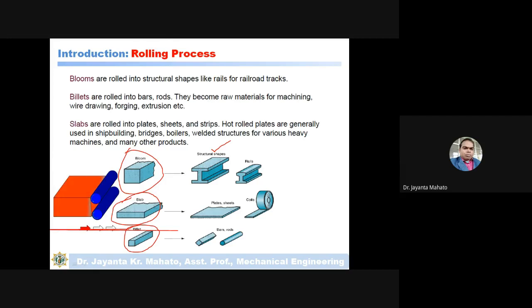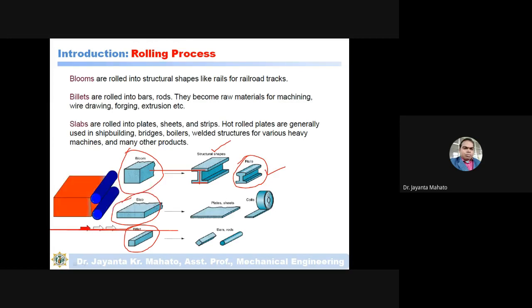Even this type of product shape can be made by the rolling process, and this is actually a railway track.